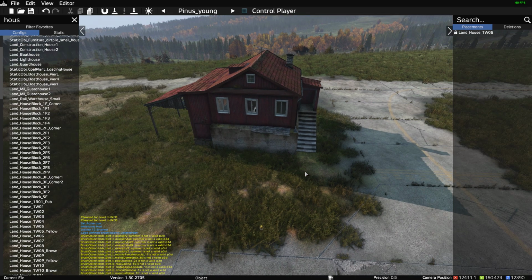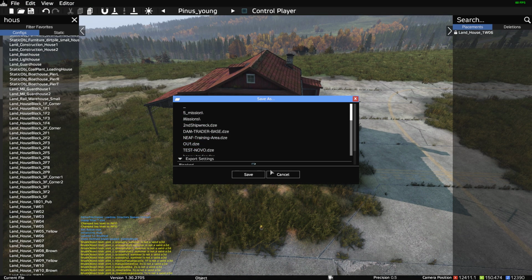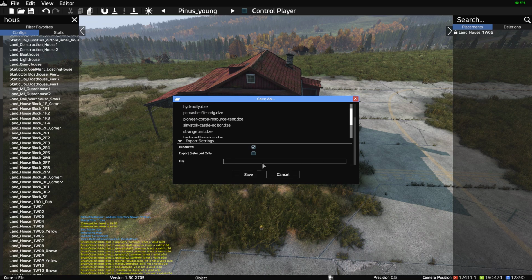So what we're going to do now is we're just going to go File, and we're going to Save As, and we're going to call this. And then we've got to kind of scroll down here. You've got to grab this bar so you can see this. Depending on the size of your monitor, you'll see different. So we're going to call this